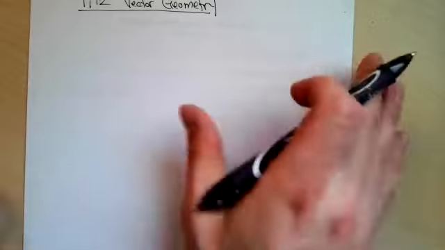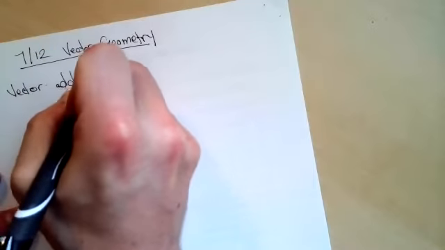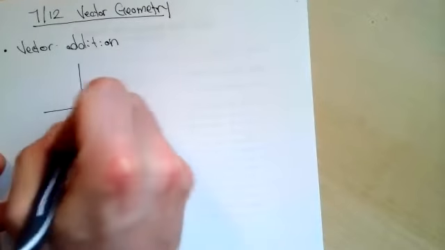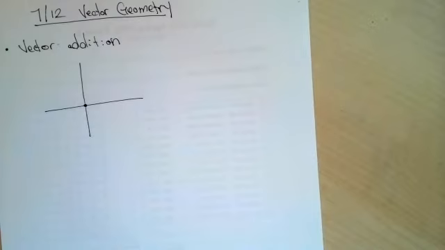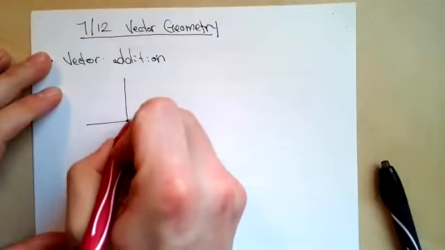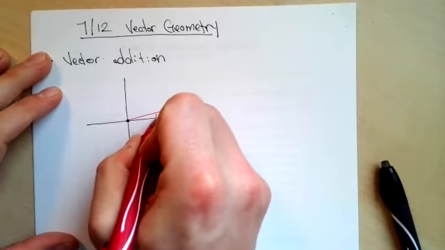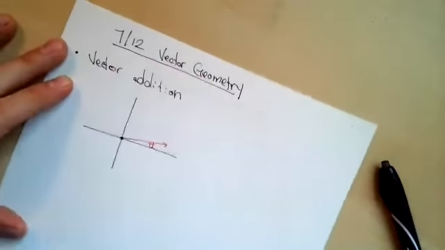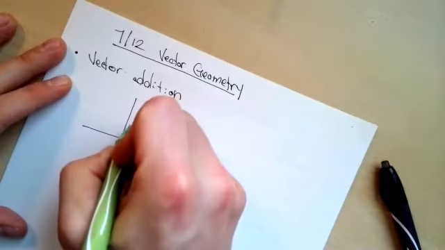So let's go ahead and start there and talk a little bit more about the geometry. So we've mentioned how vectors are drawn by arrows at the origin. So if we have two vectors, u and v,